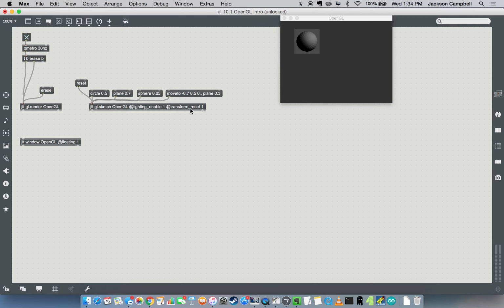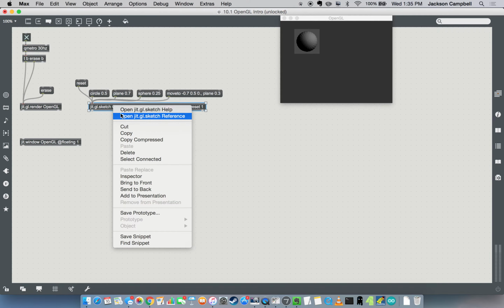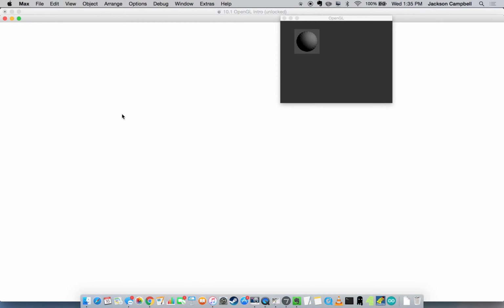@transform_reset 1. That's overriding the camera angle, the default camera and perspective views in the GL render object, and instead rendering this orthogonally. If you want to find out more about this stuff, it's in every single